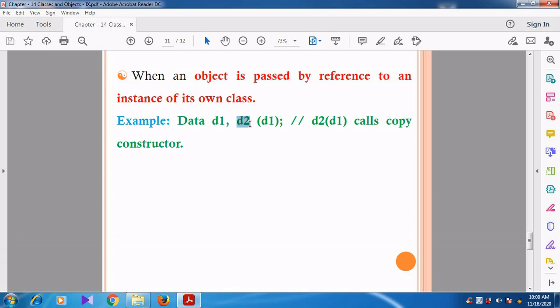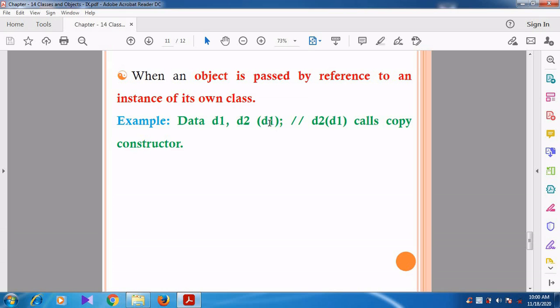Can you understand, students? Data D1 comma D2. Data is a class name, D1 is the object, and D2 is also an object. But inside the D2 they have passed another object: D2 of D1.